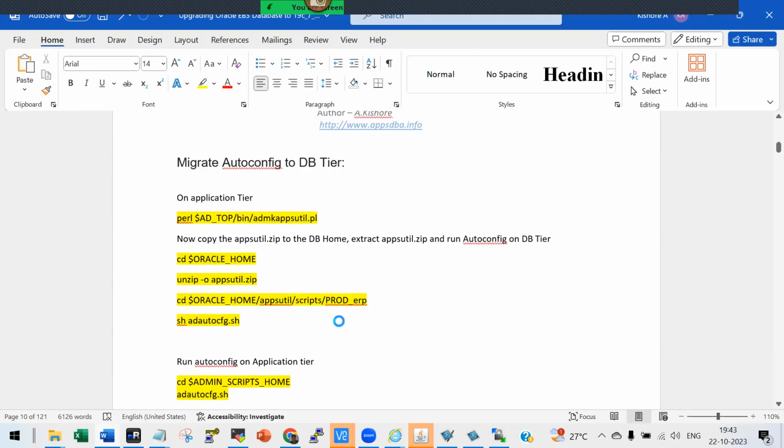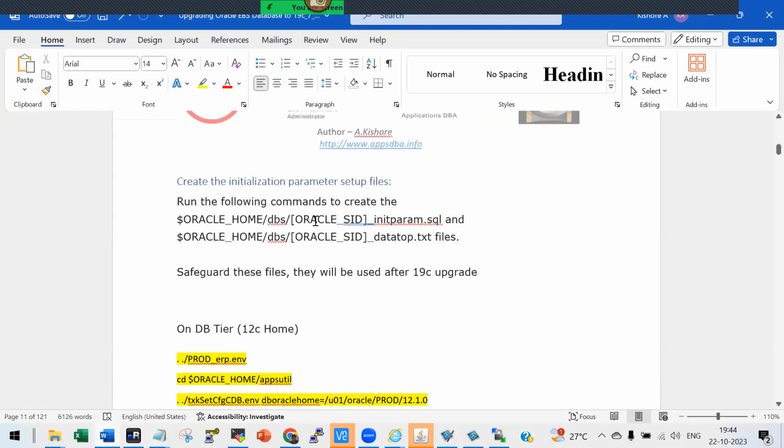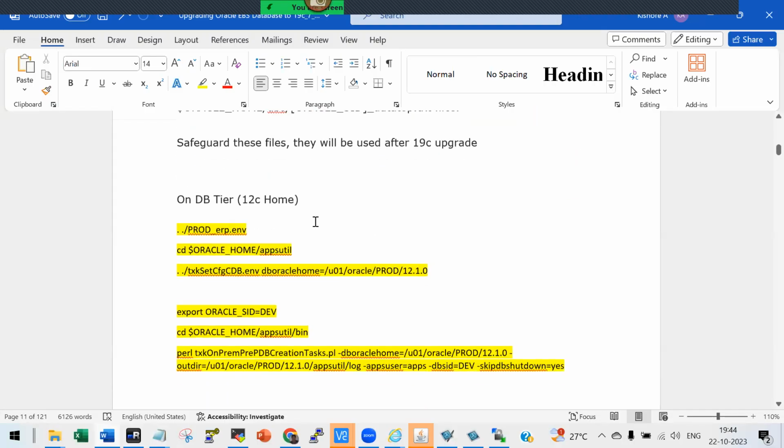The next step, after the patch is successful, is that we need to migrate AutoConfig to the DB tier. This is the second step. See, this one I did a couple of times,